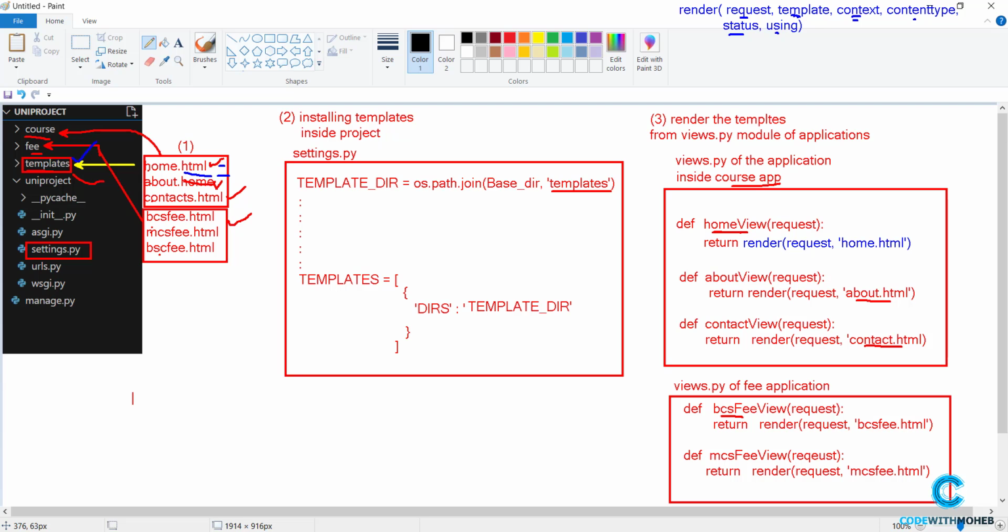The fourth, we have done this one, and there's no need to write it again if you have watched the previous video, where I have discussed that. So create urls.py modules inside each application. We have done that one, and the fifth step is to